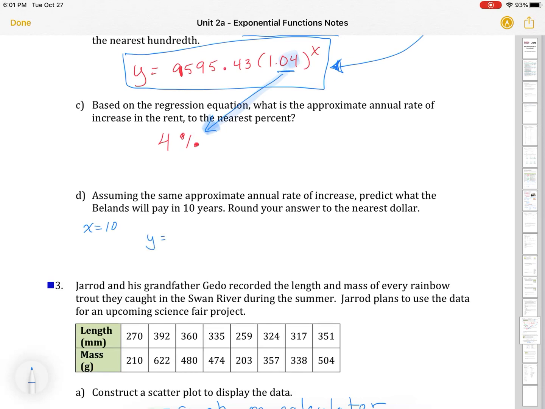So Y is equal to 9595.43 times 1.04 to the 10th. So I'm going to just put that in my calculator, but I'm going to do the 1.04 to the 10th first. And then I'm going to times it by,